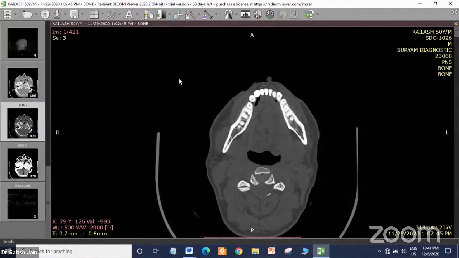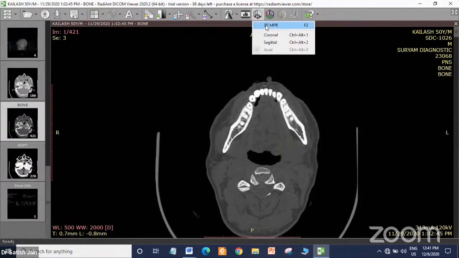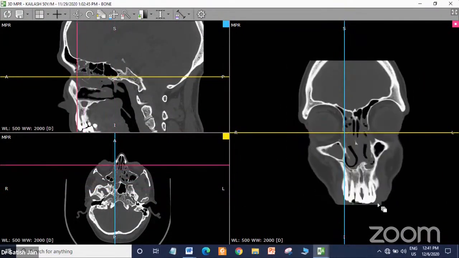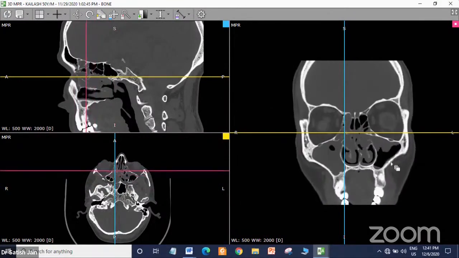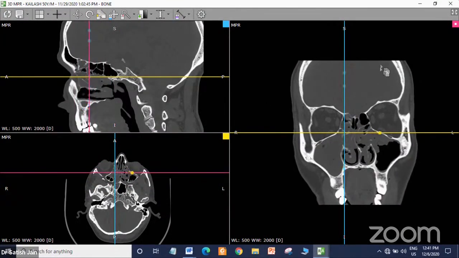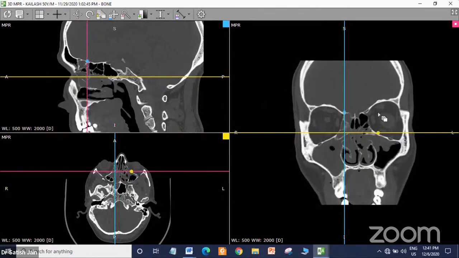Tell you, this patient is a 50-year-old who has taken several courses of antibiotics and steroids somewhere, and we did a lot of assessment of this patient with polyps also. And this is the picture after the steroid course, what you are getting. So first of all, in chronic rhinosinusitis, the role of CT scan, the timing of CT scan,